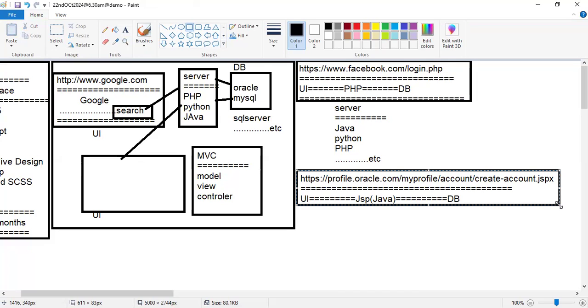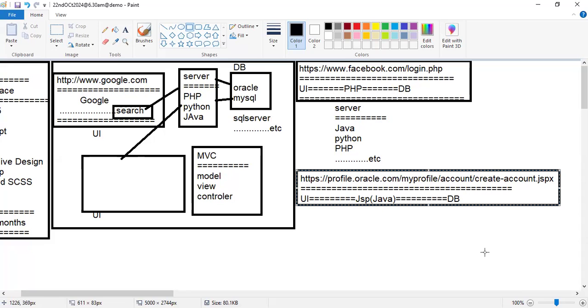Here this Oracle page is connecting with the server page. The server connects to the database. This is totally the three-tier architecture. If you submit your data in the Oracle page, it will connect to the database. That database may be Oracle, MySQL, SQL Server, any type of database. So who will be the database developer? They'll concentrate only on the